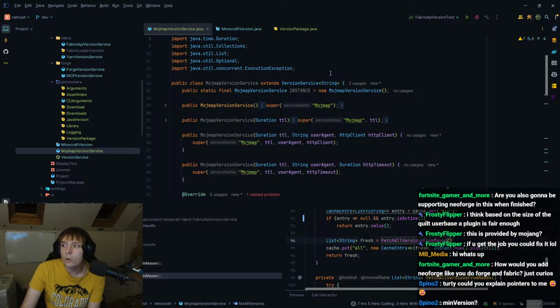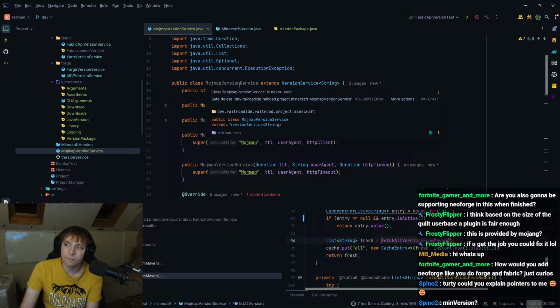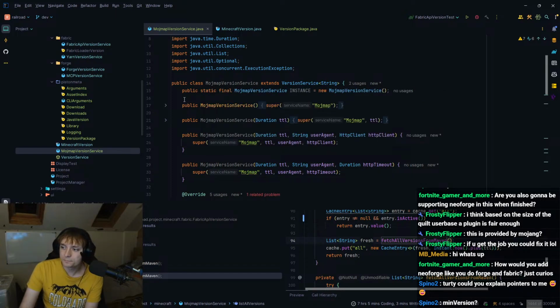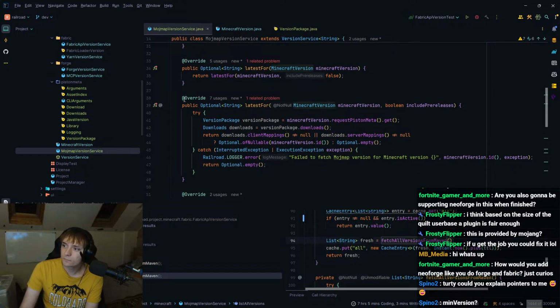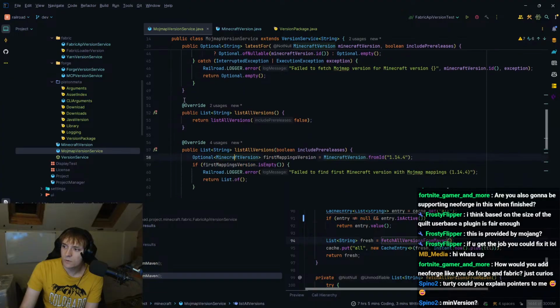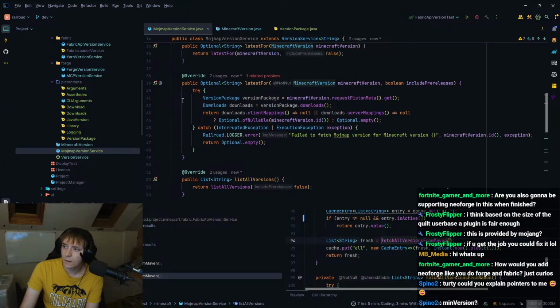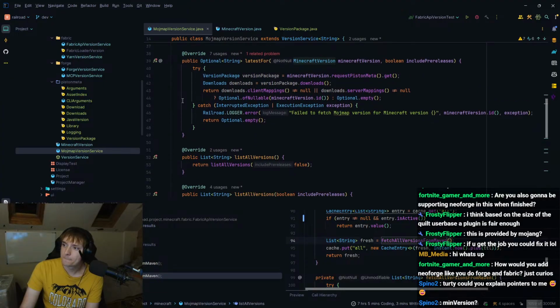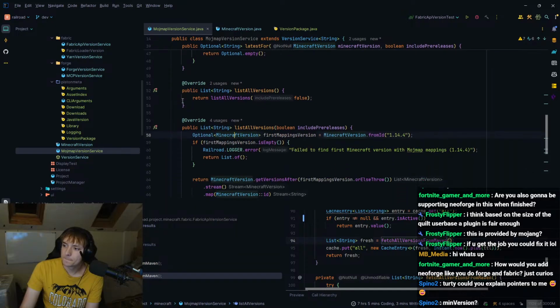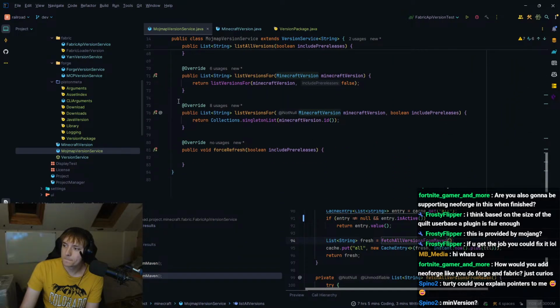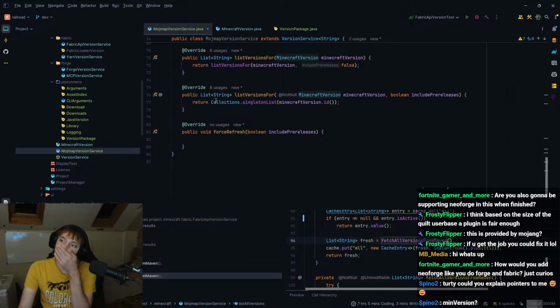I could have a map of a Minecraft version to a Mojmap version, but why? There's no need. So this is fine.